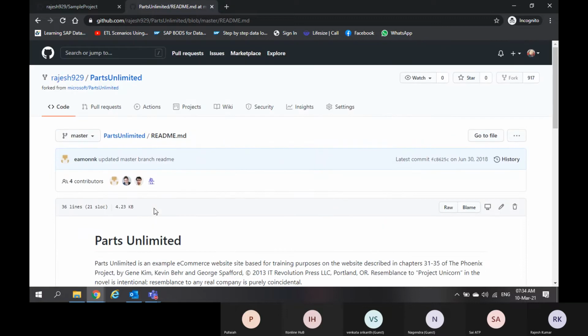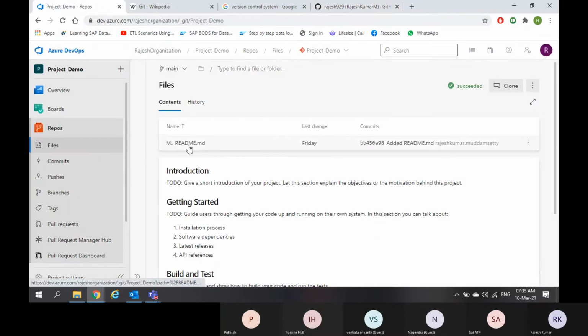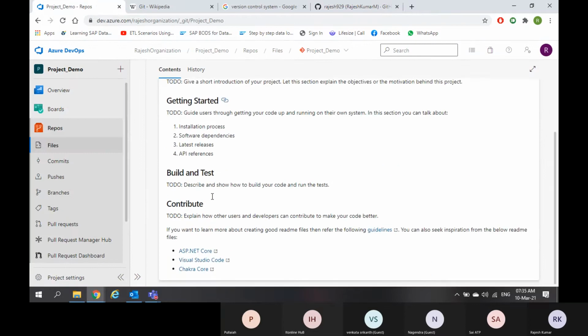This readme.md we already saw when we were seeing the wiki pages. Readme.md is nothing but a markdown file where you give the details of your project. What is the project? What are you going to do in this project?